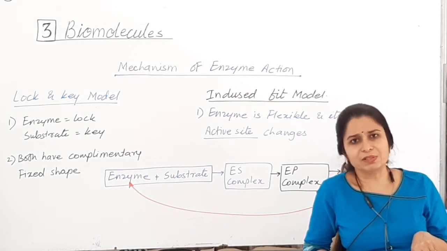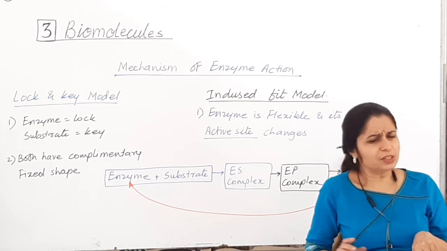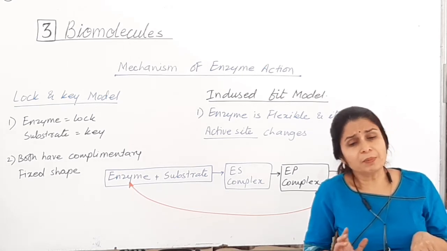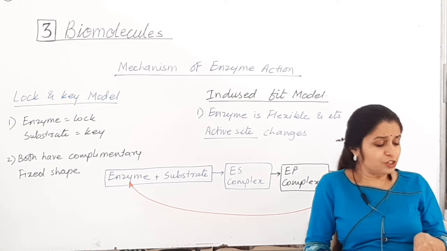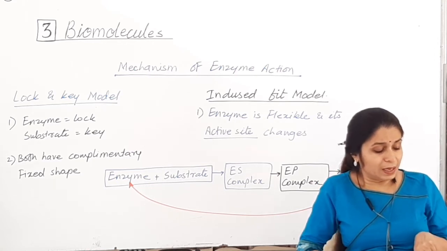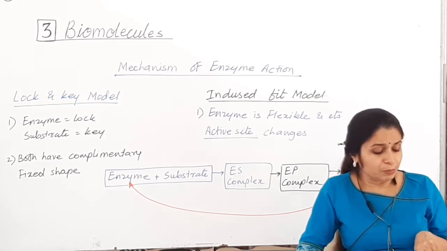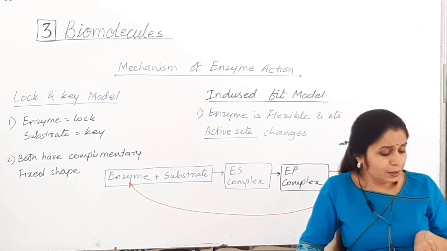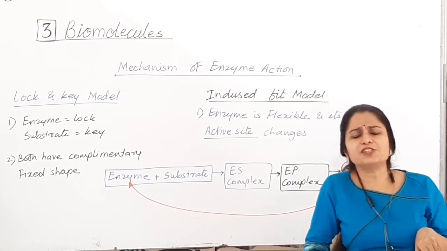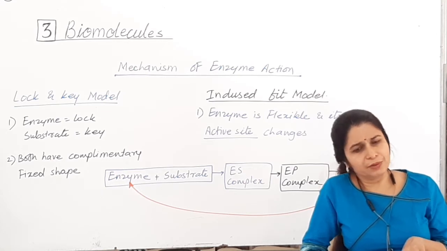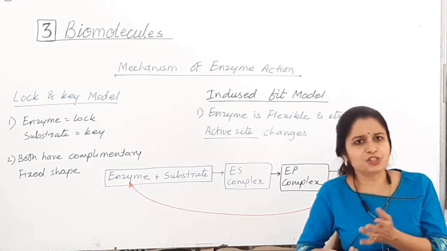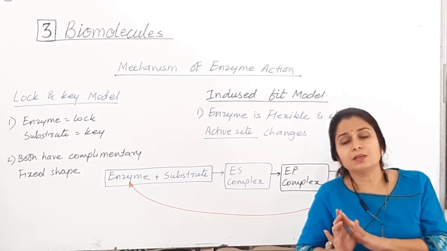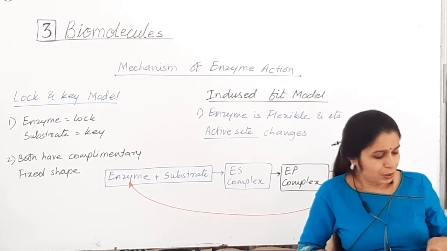Like solid to liquid, liquid to solid, or gaseous state. Okay, just the shape changes, but the chemical nature remains the same. That is a physical change. This is a physical process. Another physical process is change in state of matter, when ice melts into water or when water becomes a vapor. These are physical processes. So in a physical change, gaseous state to liquid state, liquid to solid will happen, or you mold it and change its shape. Still the chemical configuration remains the same.